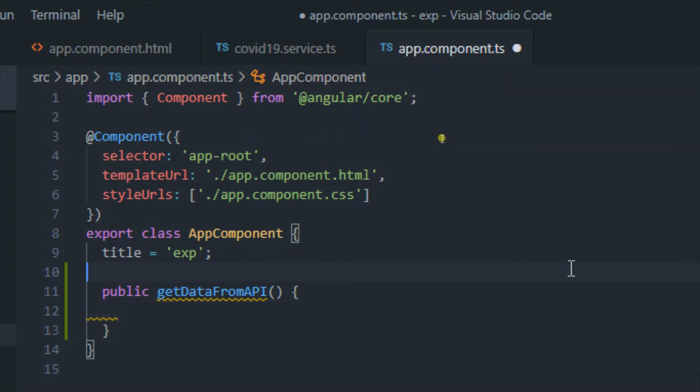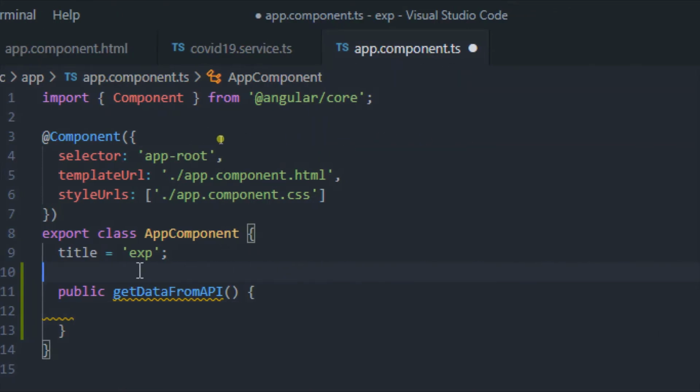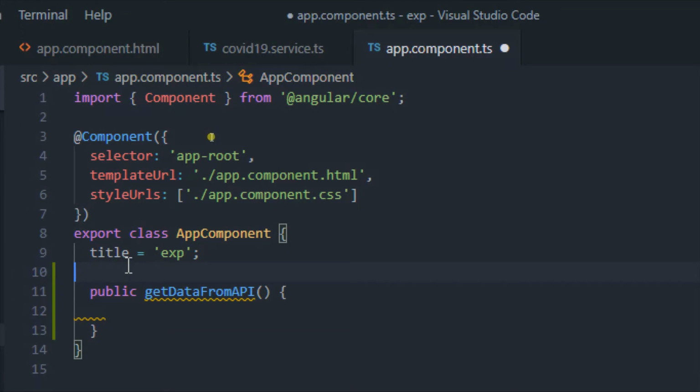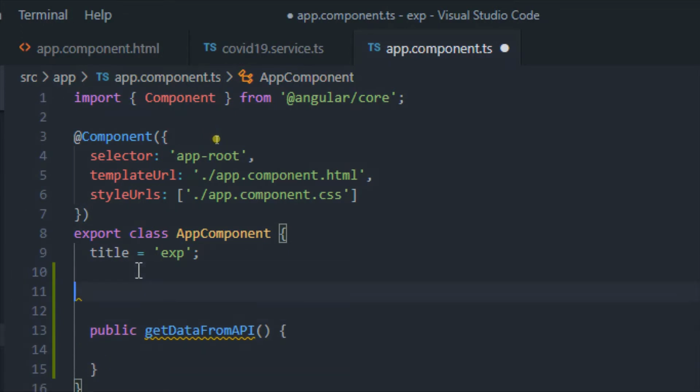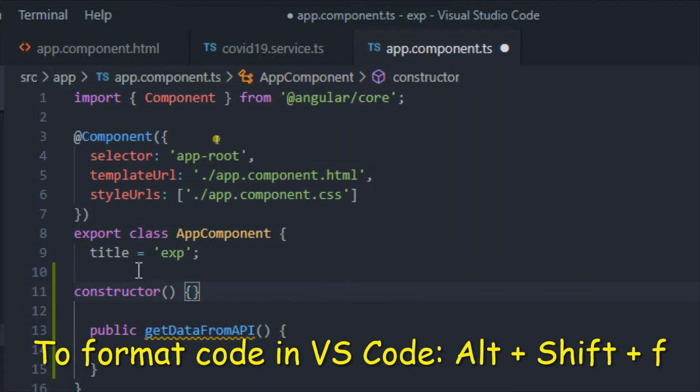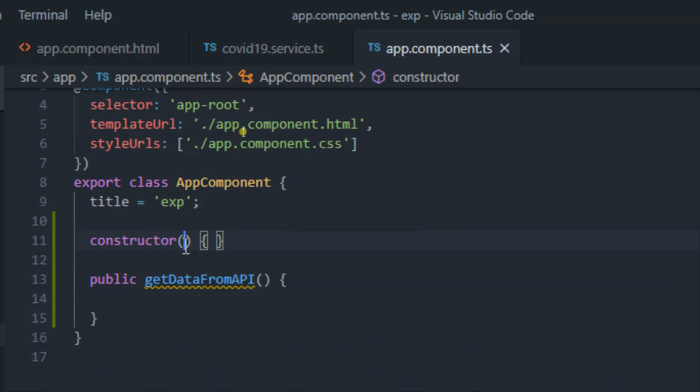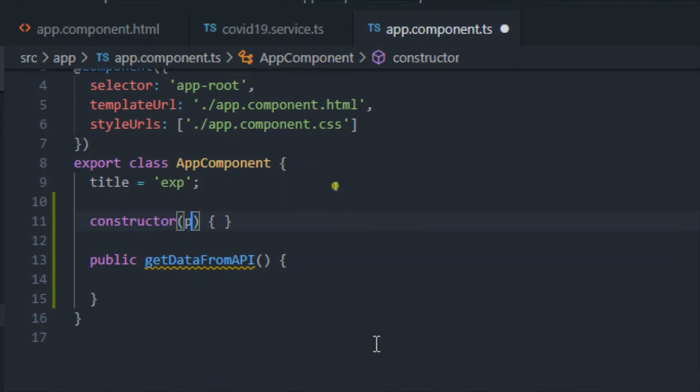We can inject it using the constructor, but as we don't have any constructor inside this particular class, let me create it. So over here let me type constructor and these two brackets, and then we just need to give these curly brackets, and let me format this code. To format inside Visual Studio, the shortcut is Alt-Shift-F, so that code will get formatted. And over here let me inject the service.